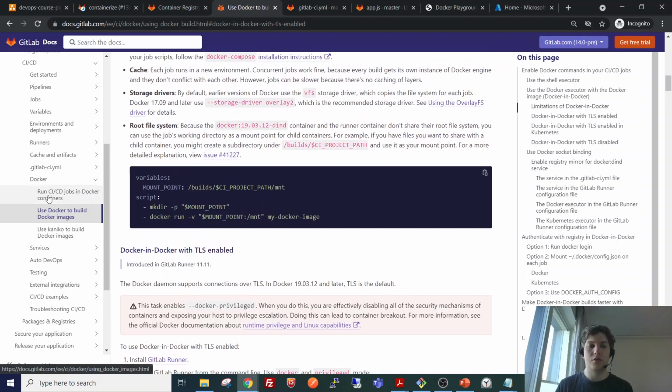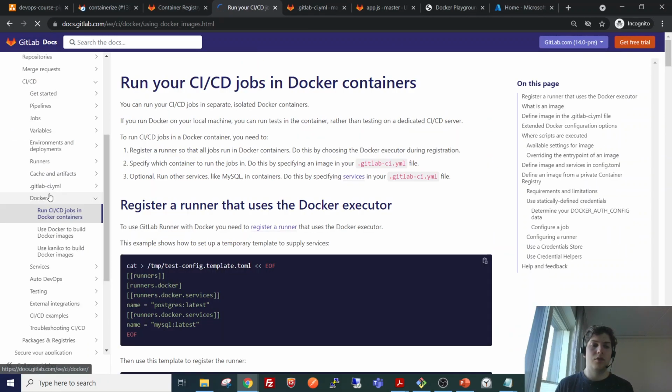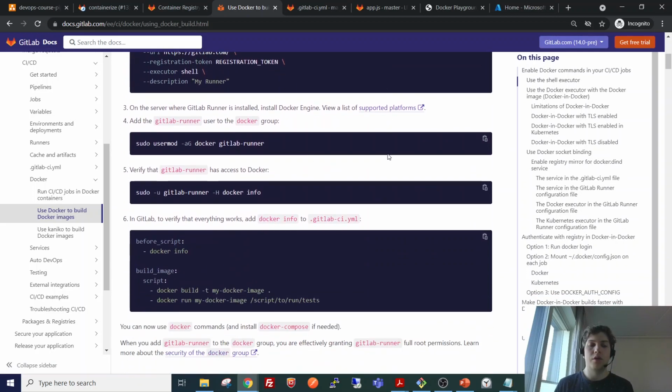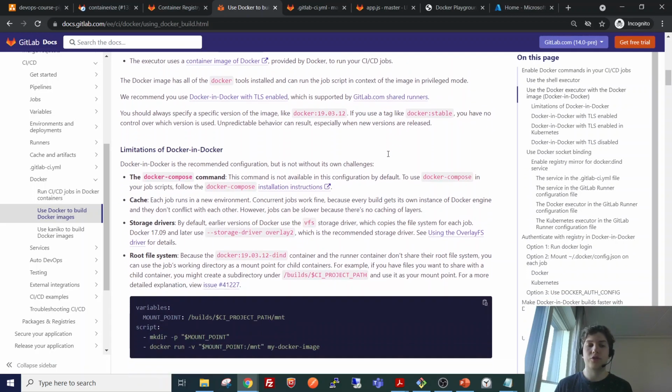Yes, here is some information on this section of the documentation. You can use GitLab CI/CD with Docker to create Docker images. So this is what we are actually doing. Here are some different ways on how to do it.